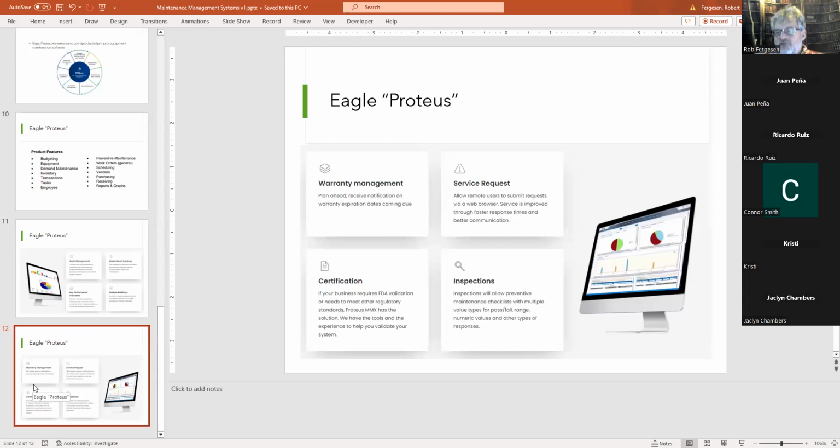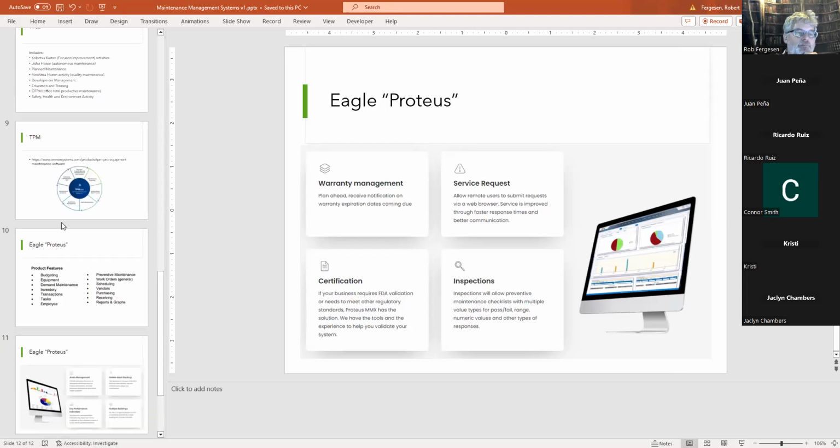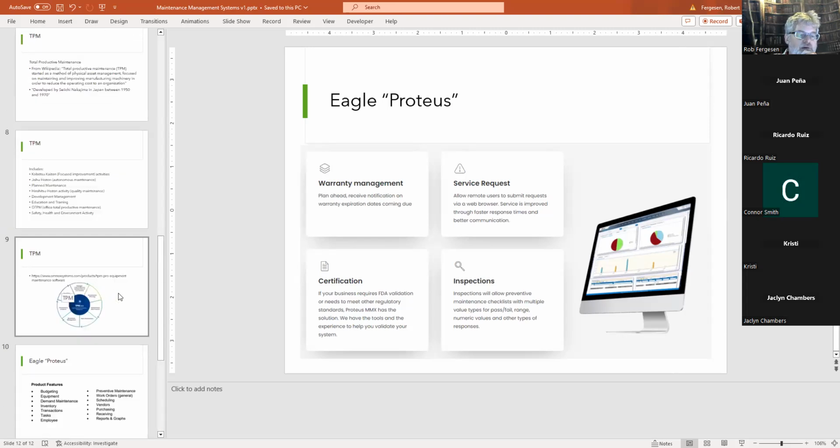So the Proteus has a slightly different approach. It looks like it's more enterprise approach, more business approach than the hands-on stuff we saw with the other software, in this case, PM Pro. So that's kind of it. That's all I wanted to go through, was to give you a range of how the different, I'll call them